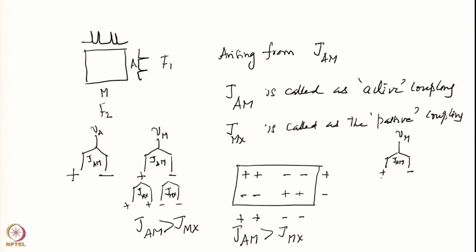Now I have splitting, MX is larger, okay. So now from here to here it is JMX. So what will be the structure here? This will be plus plus here and this will be minus minus here. Okay. So what is the thing we will get? Therefore if I want to draw that here below,